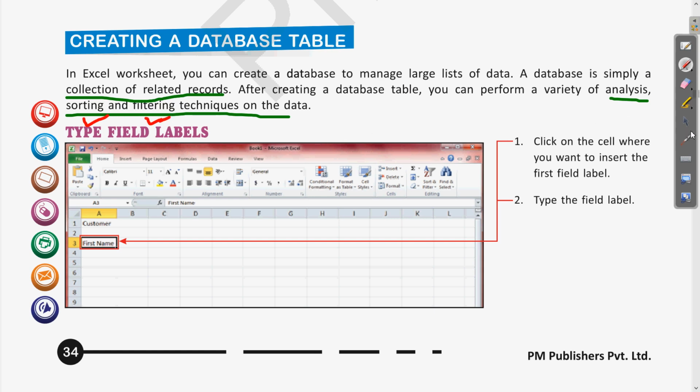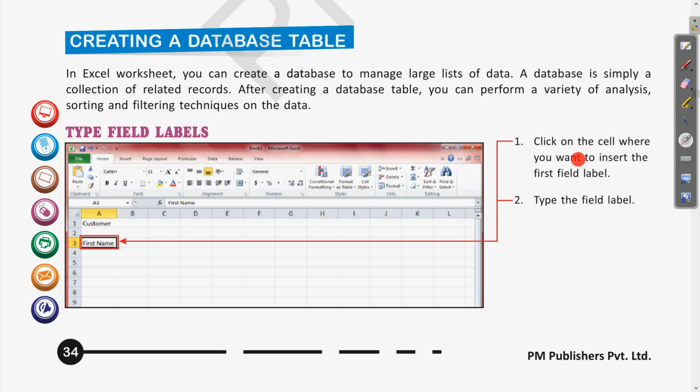Okay, after this introduction, it is time to do this practically, how to enter the label fields. So first is typing label fields. We all know what label fields are. A label is the name of any specific field. So what are the steps?